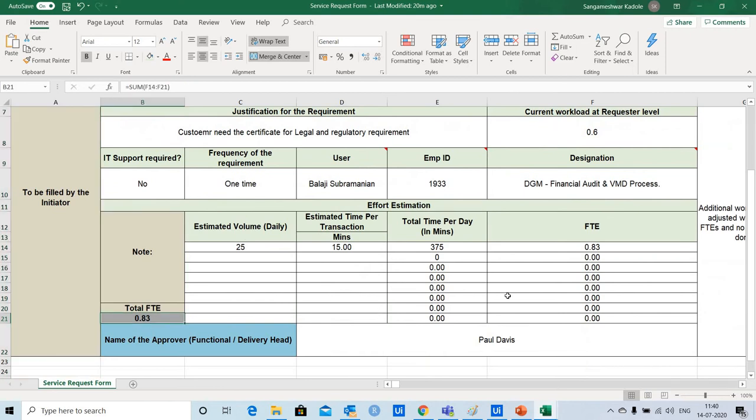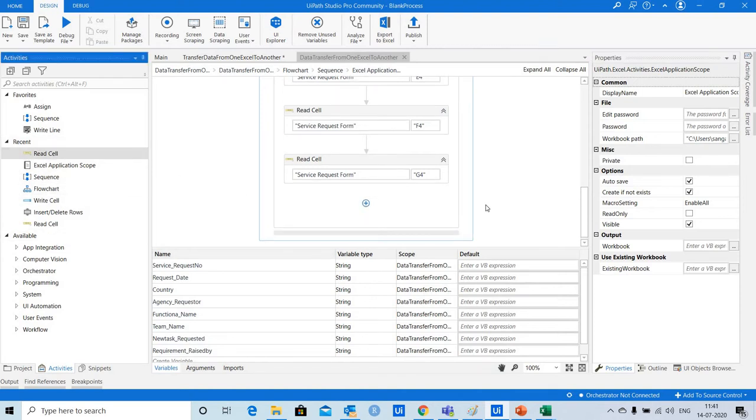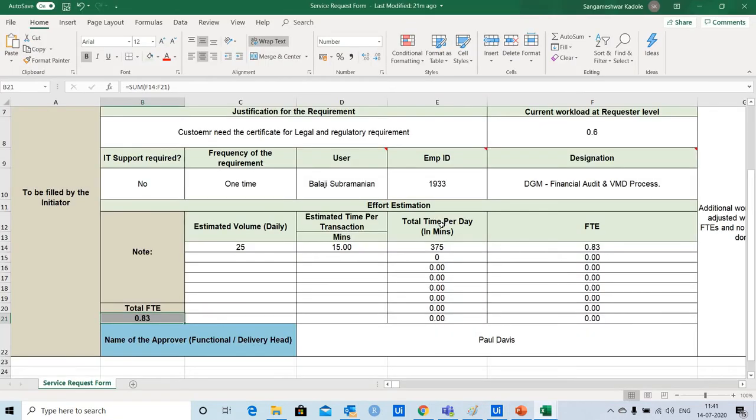Next, I need to capture the FT estimate for this additional task. So I will have to use read cell activity again, and the sheet name is the same, so I'll just copy it here again, and here I'll mention the cell name as B21 since FT data is available in this cell.